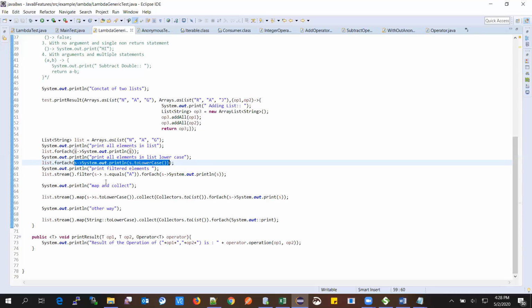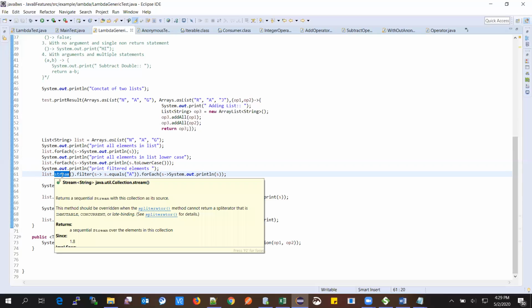As I mentioned, after lambda expressions, in Java 8 many functional interfaces were introduced. And streams were also introduced. Here the list is now a stream. In a stream we can do multiple things. All that aggregation functionality we can do in streams. When I say aggregations, I mean filter, min, max, average. These we can do.